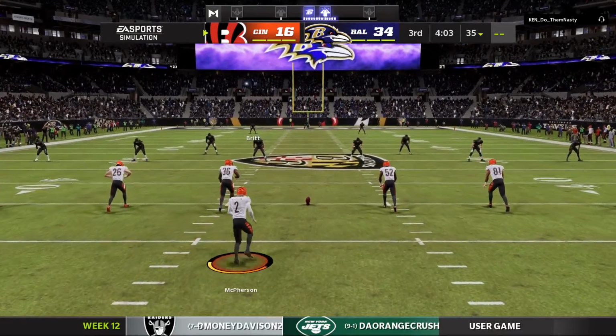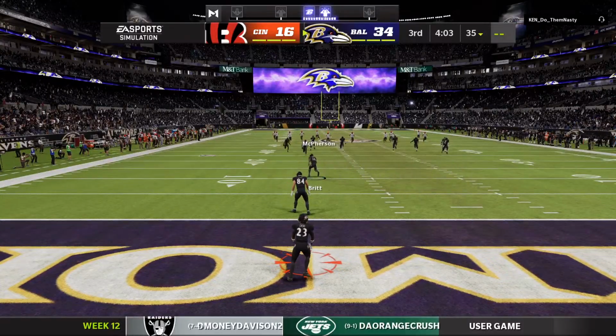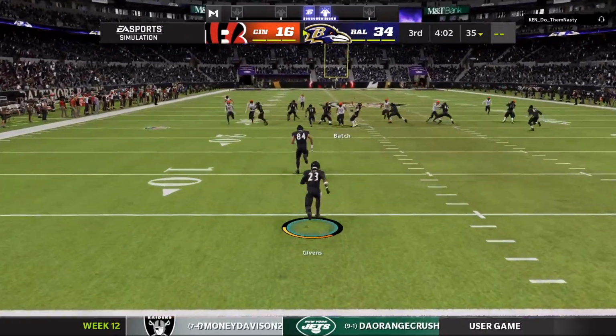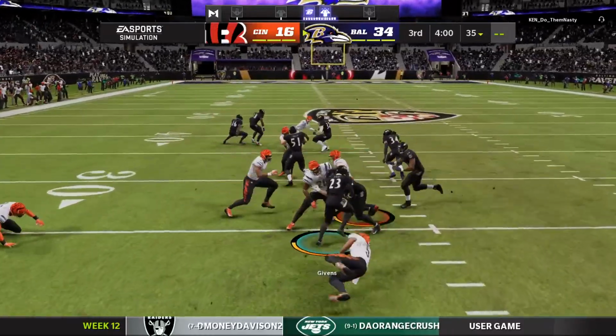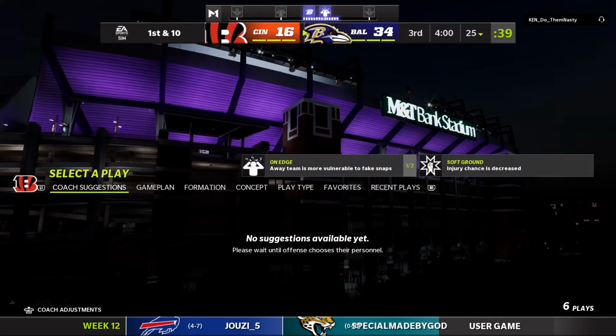After the touchdown, McPherson on to kick this one away. And this is going to be returned from the middle of the end zone. And ultimately, he stopped right where he would have been if he had...